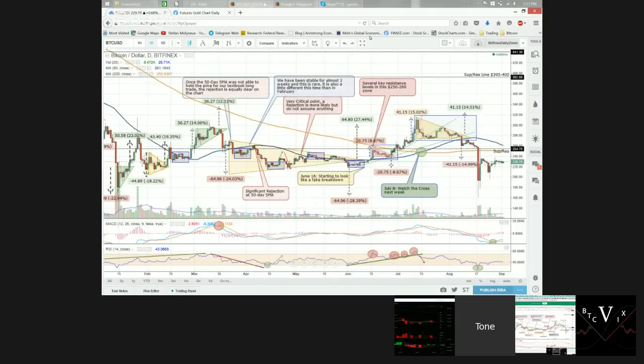So as long as Bitcoin stays between those two numbers, I honestly don't recommend trading it. Just wait. Wait for it to tip its hand. What we can see in this chart is that our momentum indicators did show oversold conditions. On my chart on the right, you can see that the MACD has crossed and is now trending up, which is good. You can also see the RSI hit its lowest level since the lows back in January, which is also very good. We really needed an oversold condition.